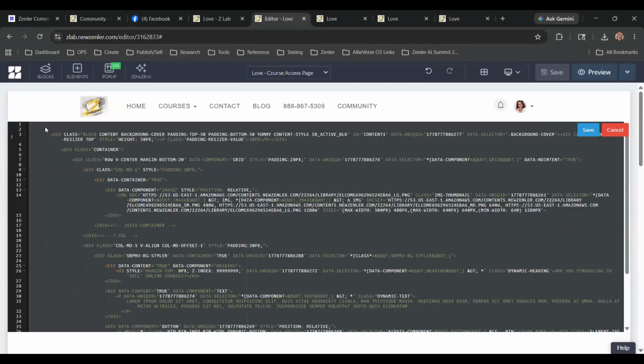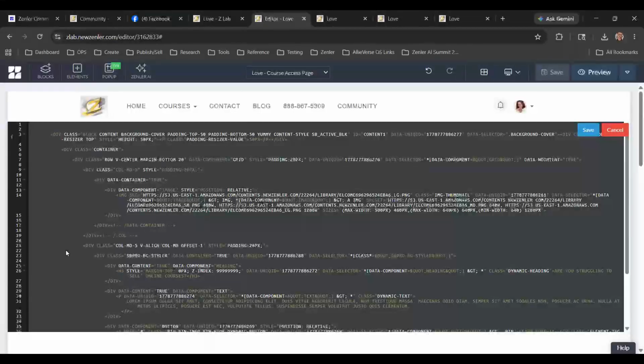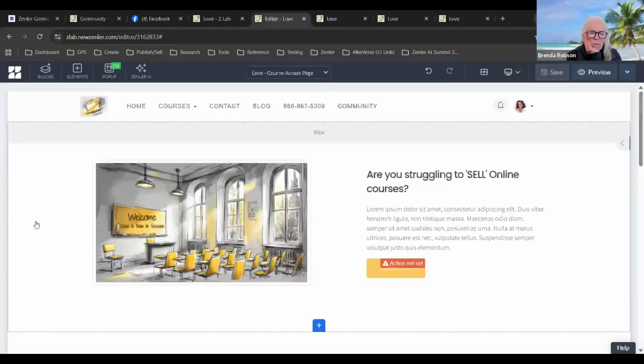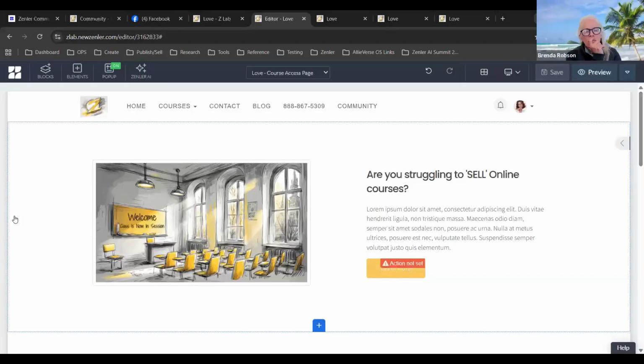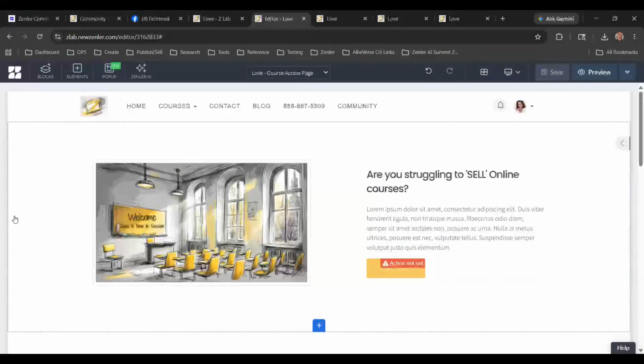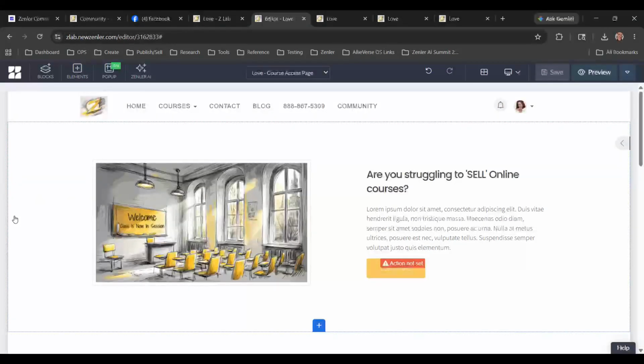Because then what you're going to do is come in here, right click, and select all, Control C for copy, or Command, whatever you're using. Okay, so now you've got the code. What you're going to do with that code is paste it into a document. Then you're going to get that other code ChatGPT gave you for the actual calculation, and put that code into another document.